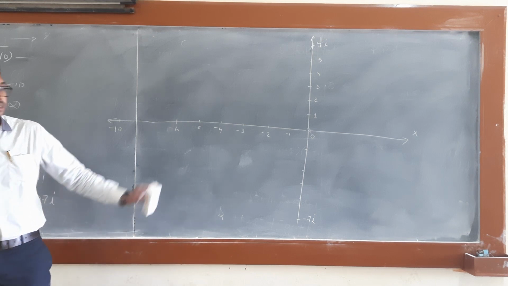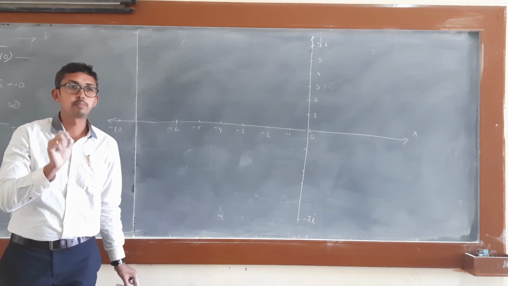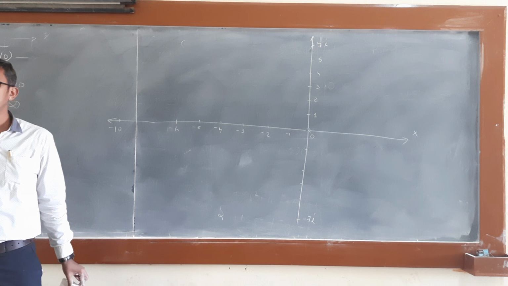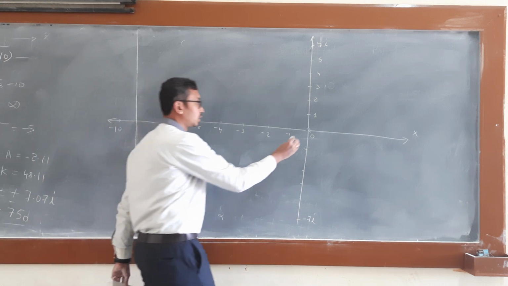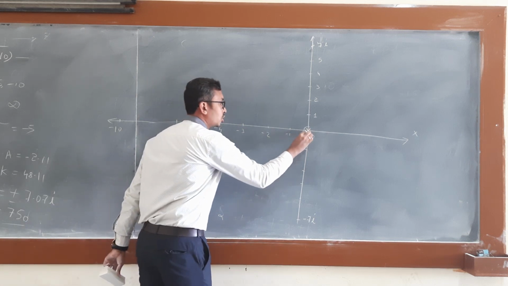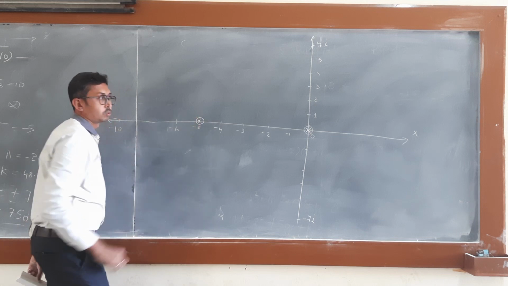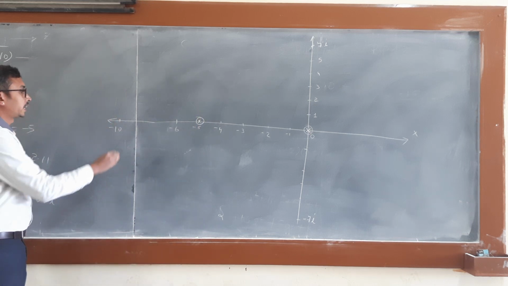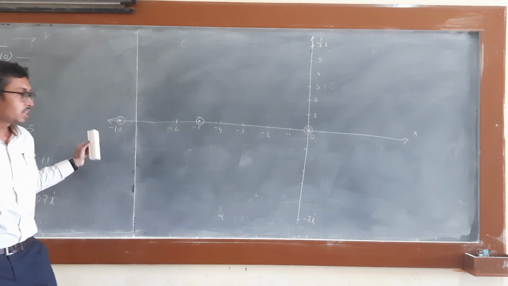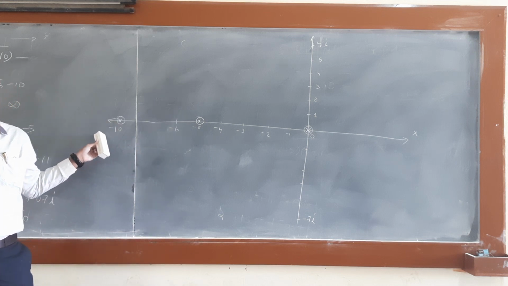Is it clear? Yes, sir. I did the marking. Next, what is the first step? We need to draw the poles and zeros. We need to mark the poles and zeros. We have how many poles? 3 poles are there. What are the roots of those poles? S is equal to 0. One pole you are going to mark like this. S is equal to minus 5. Another pole you are going to mark. Next, S is equal to minus 10. Correct? So we have 3 poles: 0, minus 5 and minus 10.